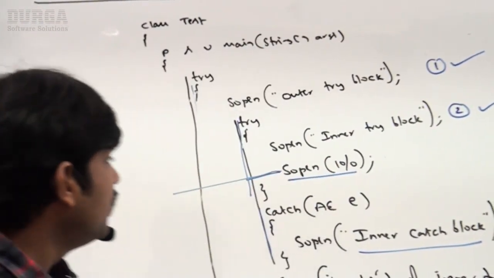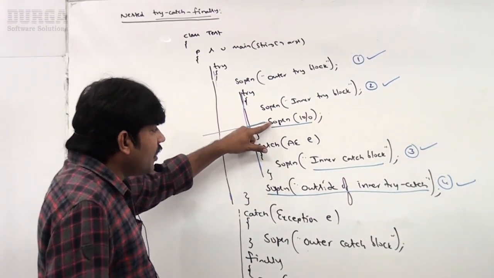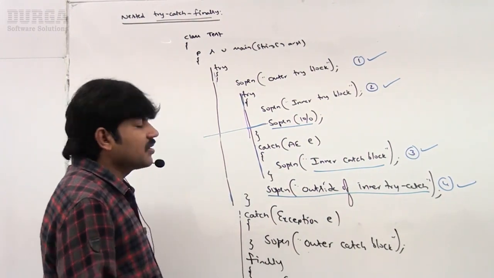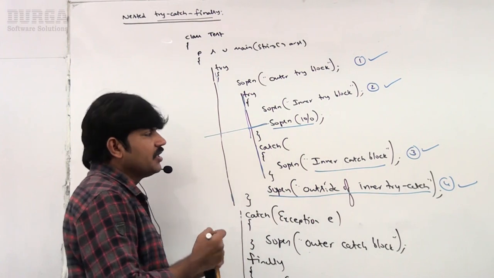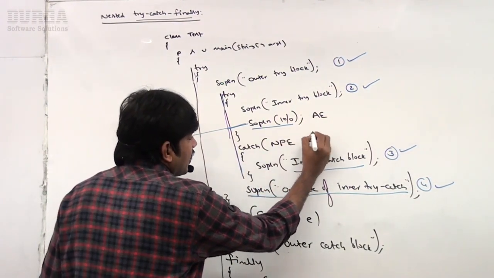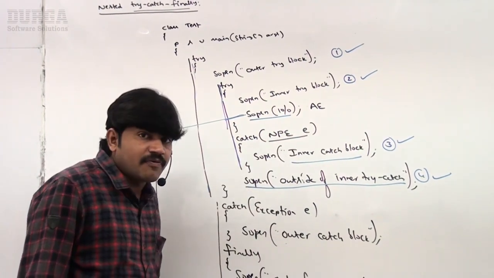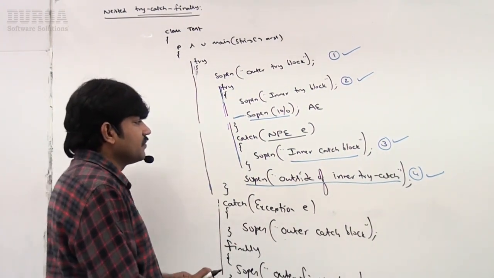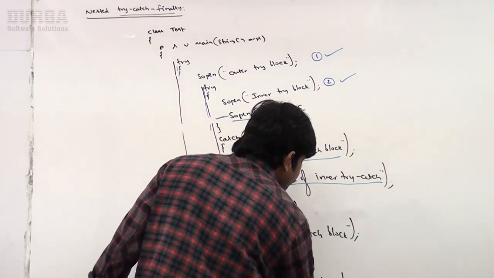What's my doubt is, here an exception is raised, but the inner catch block is unable to handle it. Assume that, sir. Inner catch block is not in a position to handle. Assume here the raised exception is ArithmeticException, but the catch block available is for NullPointerException. Observe carefully. Catch block is available for NullPointerException. Now can you please tell what is the flow, sir? Please respond. What is the flow? Which statements will be executed now?